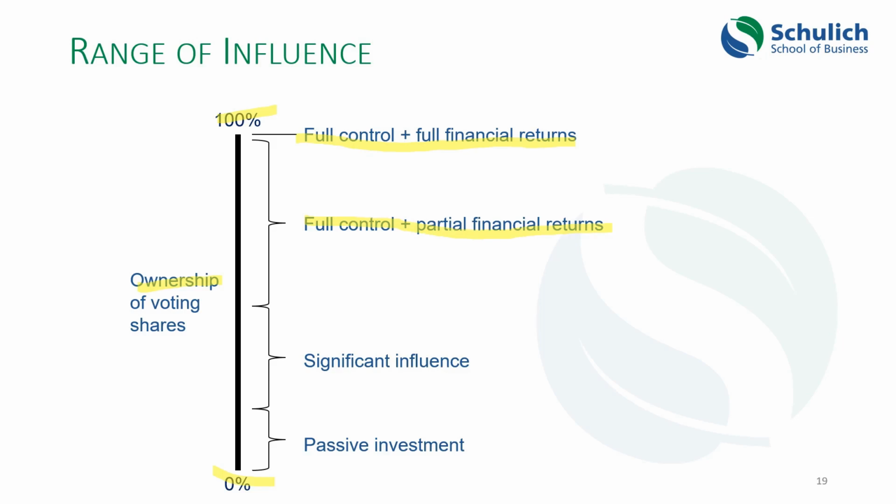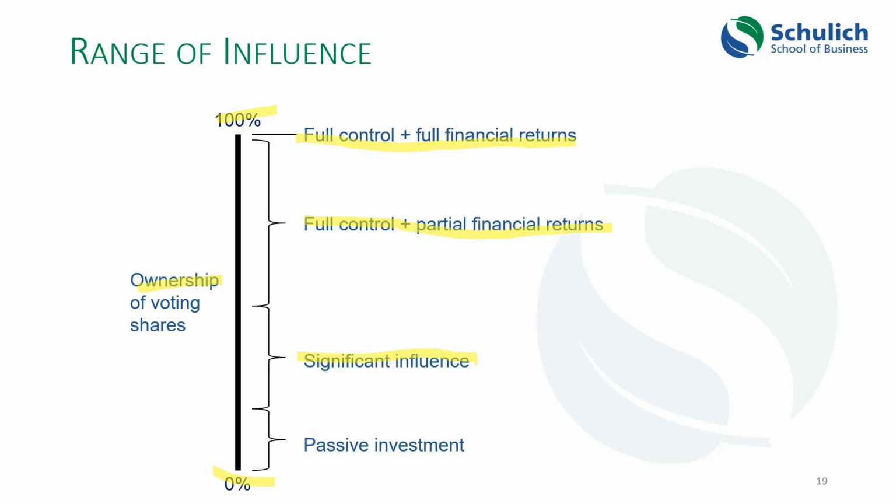If you have between 50 and a tiny percentage of the shares, then you still have significant influence because you have a significant position in the company, even though you don't have majority control. Now, the degree of significance of your influence depends entirely on how the rest of the shares are distributed. If the other shares are all owned by somebody else, then your influence is quite minimal because no matter how much you squawk at the board meeting, the other shareholder has more than 50% and can simply outvote you.